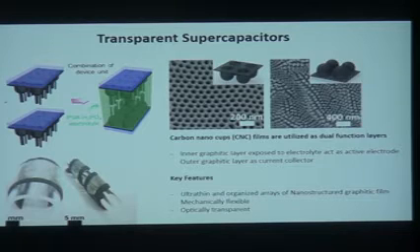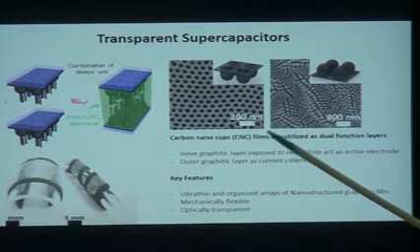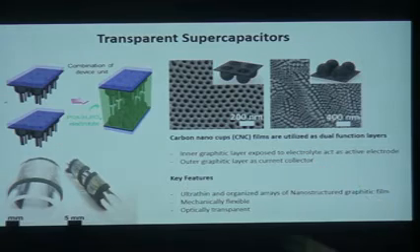Now if I can bring in the active material on this device in such a way that it doesn't occupy it completely and it has more of a perforated type structure, I can have some visual transparency from the device coming in. Now where do I need such devices? Why do I need a supercapacitor to be transparent?